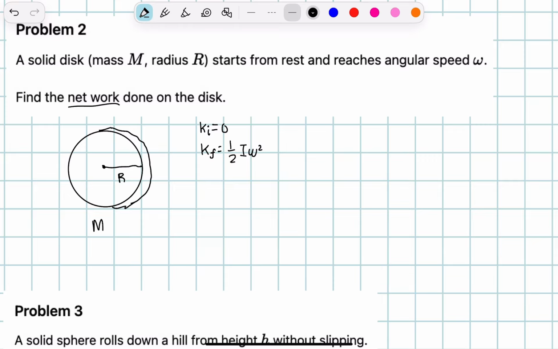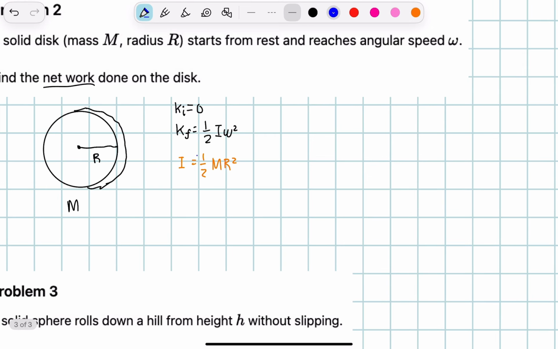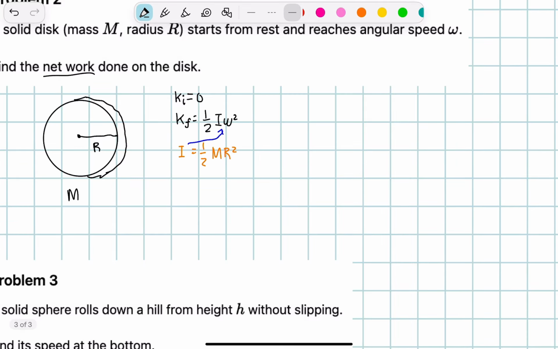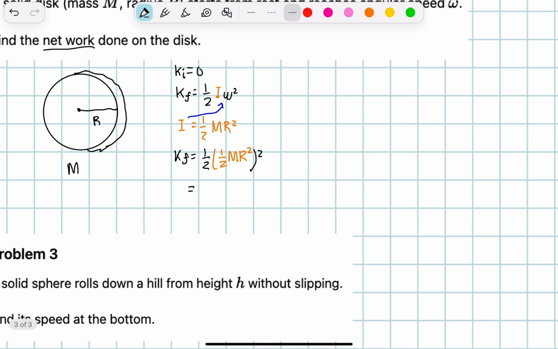For a solid disk, the moment of inertia is just 1/2 mr squared. If we substitute that in here, KF is going to be equal to 1/2 times 1/2 mr squared,